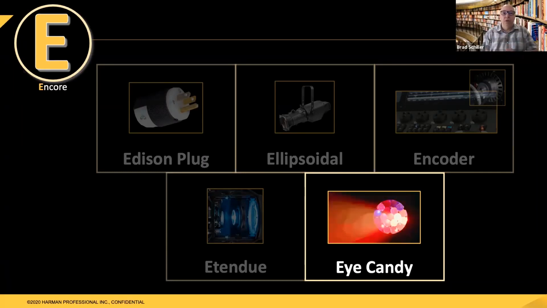So here you see the Aura PXL, the brand new Martin light, doing its eye candy effect with the individual pixels. As we've moved into the LED world, we see lots of different fixtures that have various eye candy type effects, and they're used all the time to add excitement and dynamic effects to a stage without really doing any illumination. It's creating art on the front of the fixtures, and that's eye candy.